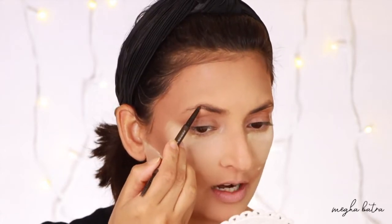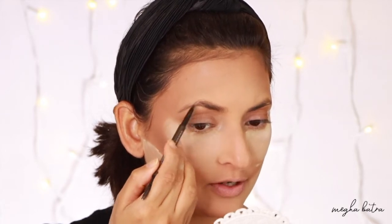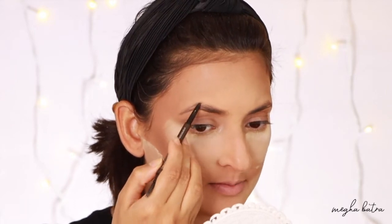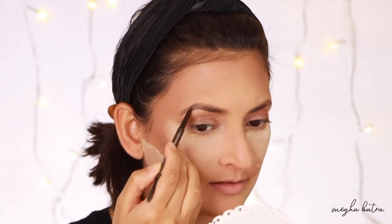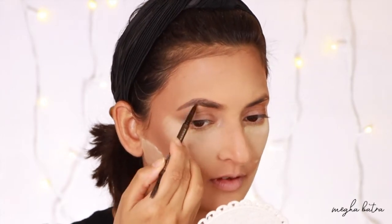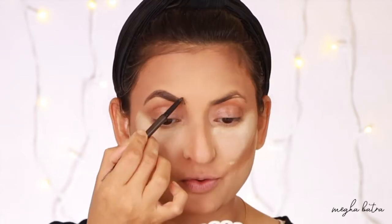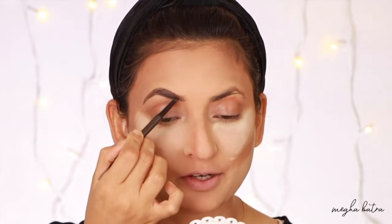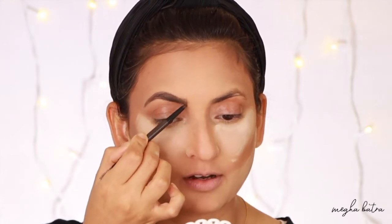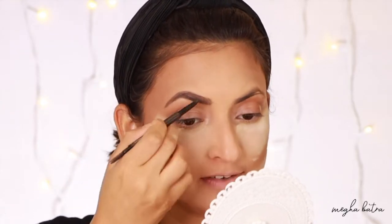And I like to start by doing my eyebrows from the end of the eyebrows, creating a line on the bottom and on the top so that it gives me a clear line and a shape where I have to fill my brows. And then I like to fill the center of my brows, followed by creating hair-like strokes in the front portion of my brows so that they look a little bit more natural yet complete and full. I also like to go back and forth to my spoolie just to see if I have any empty spaces,